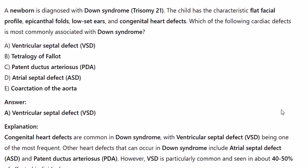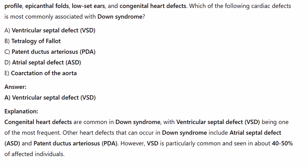Ventricular septal defect. Explanation: congenital heart defects are common in Down syndrome, with ventricular septal defect being one of the most frequent. Other heart defects that can occur in Down syndrome include atrial septal defect and patent ductus arteriosus, PDA. However, VSD is particularly common and seen in about 40 to 50% of affected individuals. These questions